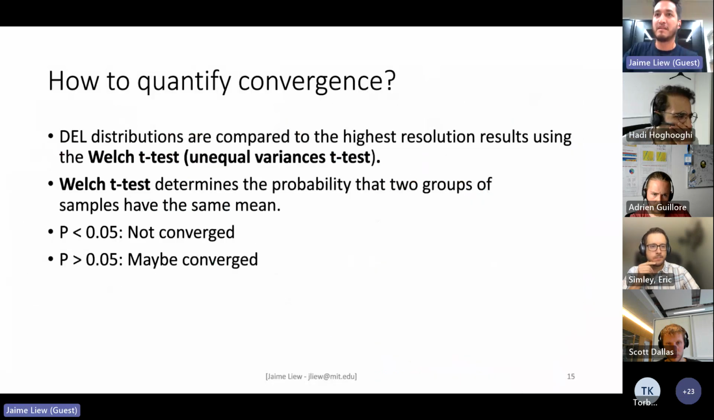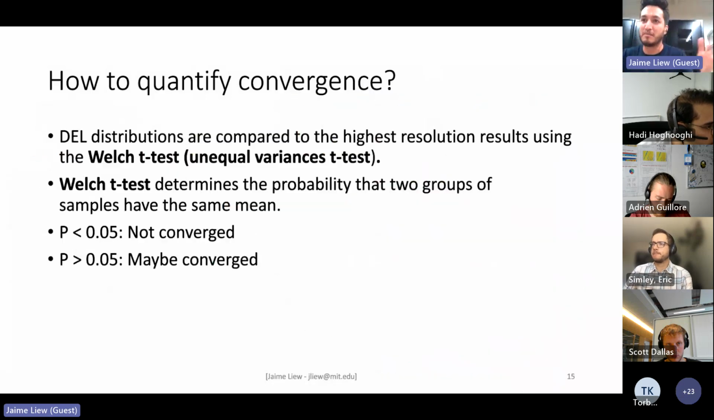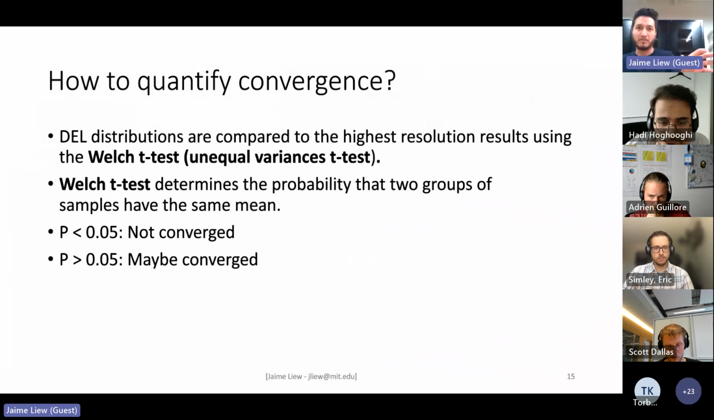Okay, so yeah, we have these distributions and we can kind of see that they're converging, but I wanted a more rigorous way to quantify it. So I used the Welch t-test. It determines if the means of two distributions are potentially equal, so it's a way of comparing two distributions. As I don't have an actual solid reference case where I know what the fatigue damage is, what I used was the highest resolution simulation that I had from this simulation set, and I said,